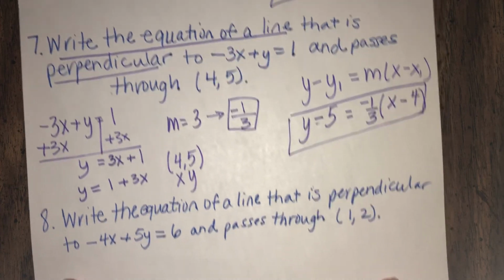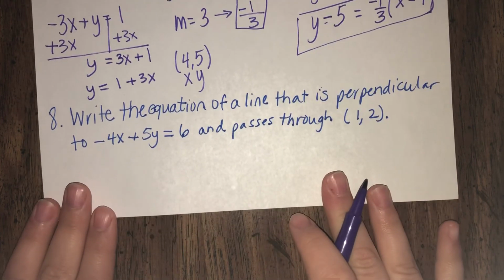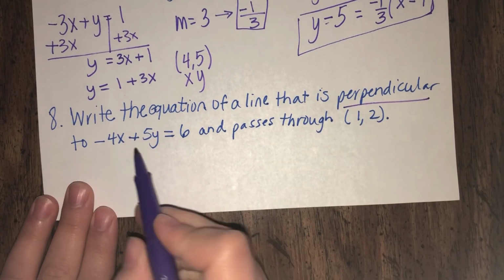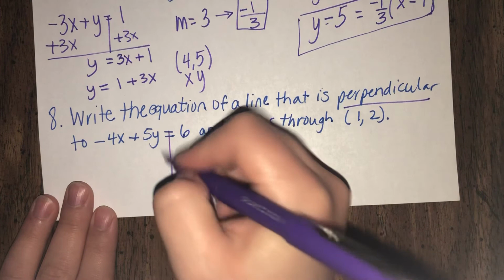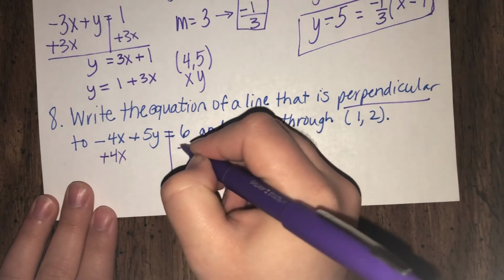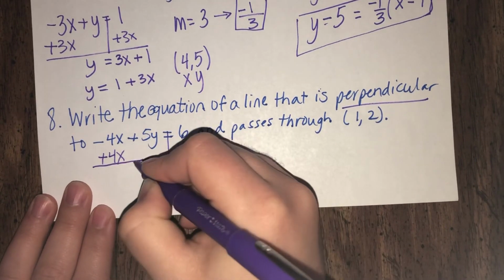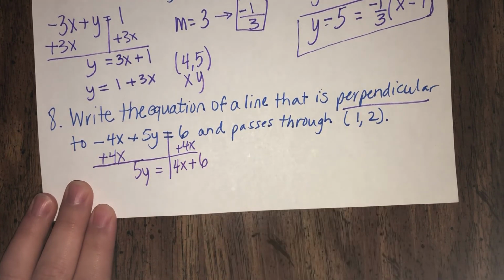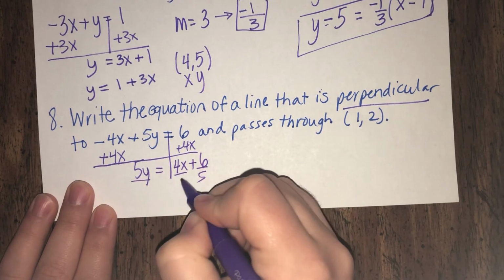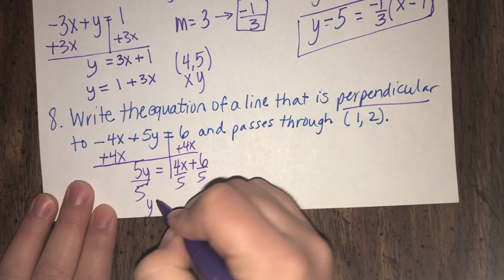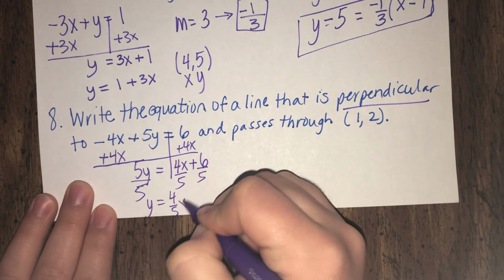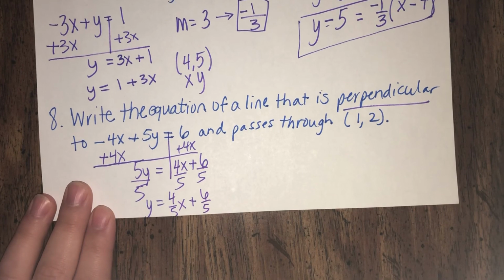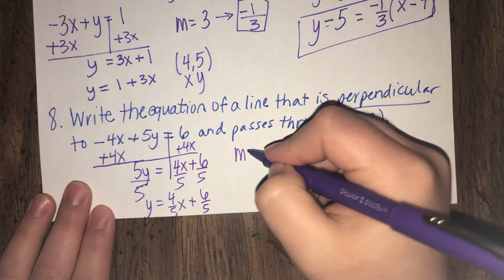Okay? Starting out with number 8, we're going to just simply begin with getting rid of this extra part. Because we're trying to be perpendicular, we do need the slope from here. So to start, let's get that -4x onto the other side. 4x is positive, so is the 6. When I divide each piece by 5, we end up with 4/5x and 6/5 as the y-intercept, which we don't care about in here. Now that we have our m,